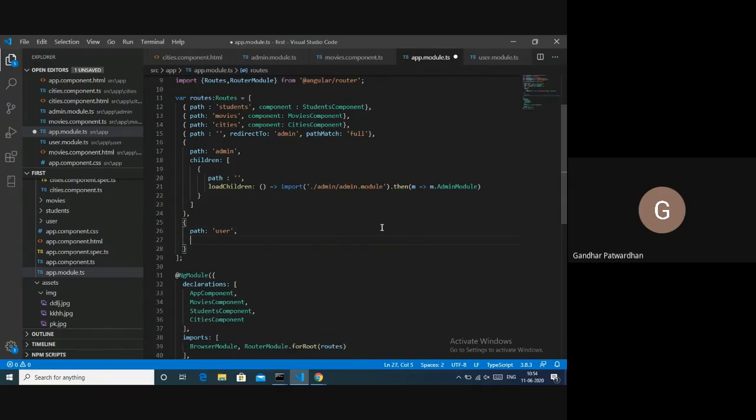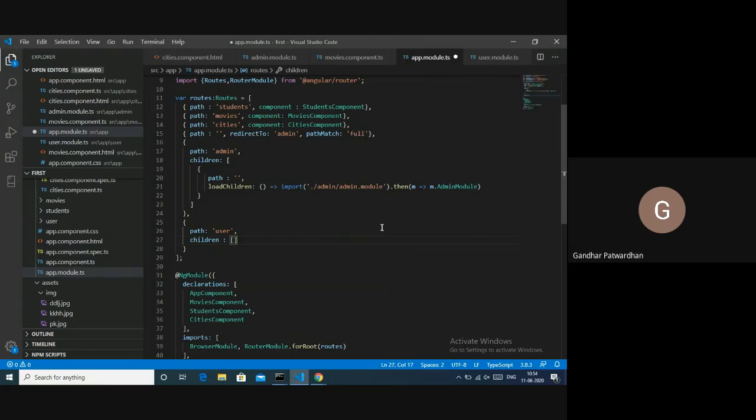Now for this user, I need to attach child routes to it, because this user is a path of a child module, which is user module. So instead of using the component key, I will use the children key. I will say children. Its value part is an array.